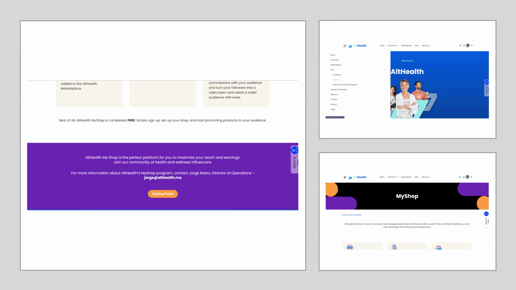But what is the process of getting a MyShop? There is a process. Like we said, this is for Althealth Pro members. So what you've got to do first is, in your Althealth platform, find your Althealth menu and go into MyShop. You will need to apply for being a MyShop owner. To apply, you will need to send me an email.